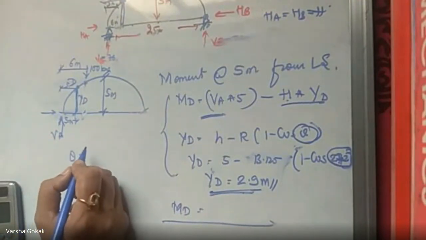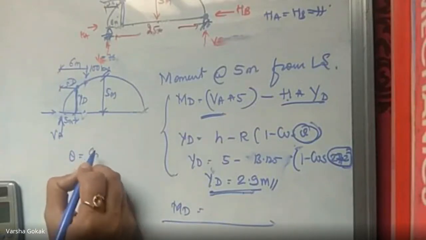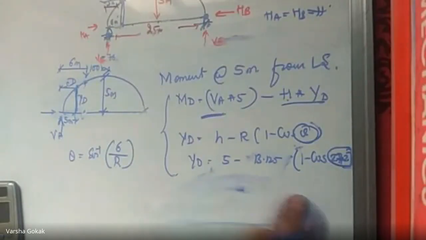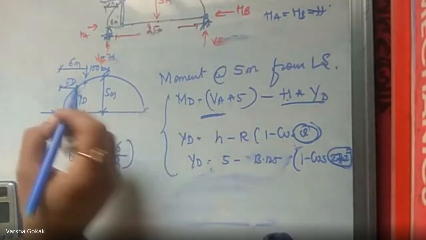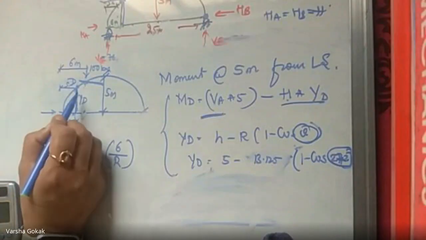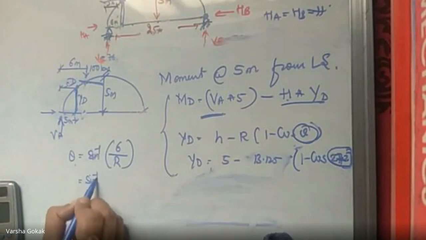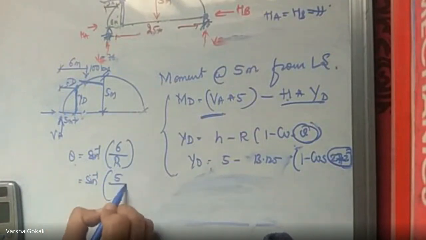Theta equation, what we took was, somewhere some value has gone wrong. Sine inverse of 6 by R, divided by R. But ma'am, now YD theta value changes, no? Yes, but before going to YD value, tell me that theta what I found was at this point, correct? Now if I want theta at this point, I'll have to substitute as sine inverse of, instead of 6, I will take 5 by R, no?